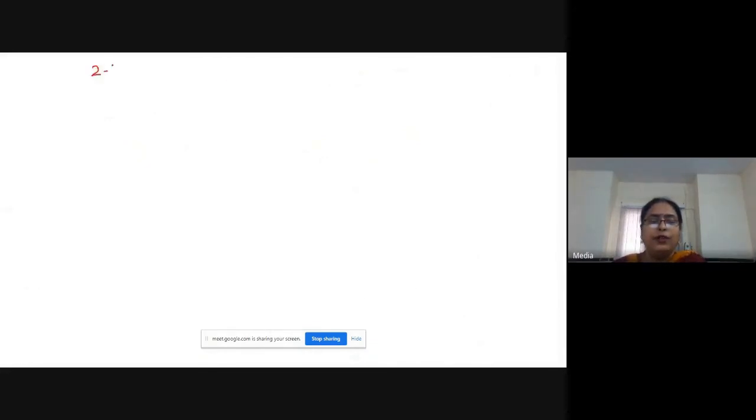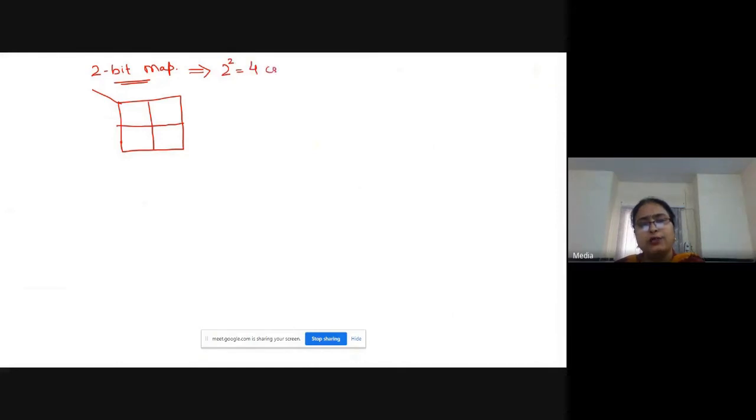If we have a 2-bit K-map, then the structure will be like this. How many cells will be there? First thing, 2 raised to power n, which is 2 squared, equal to 4 cells will be there, right? So 2 variables means A and B, right? So here it is 0 and 1, and 0 and 1. Here it will be A bar, here it is A, here it is B bar, here it is B,